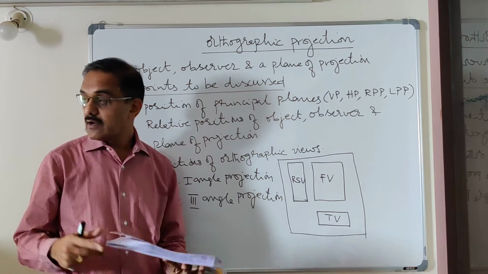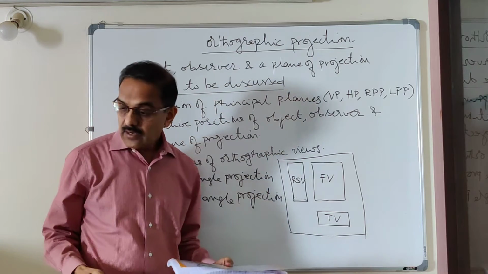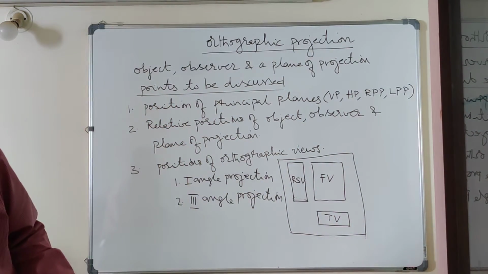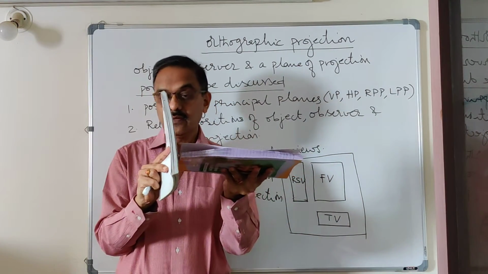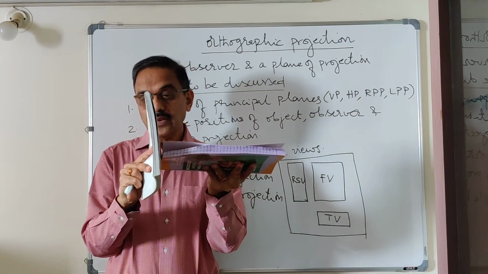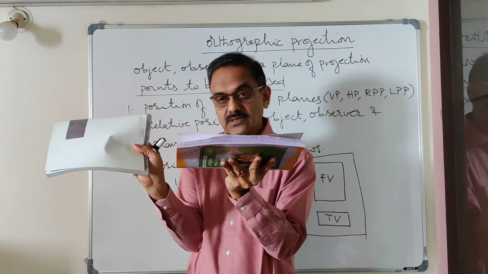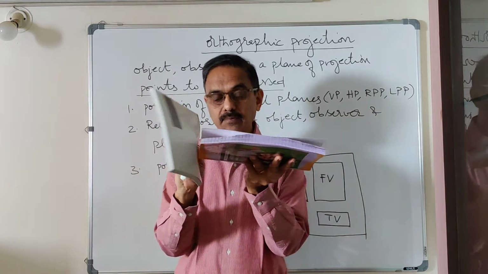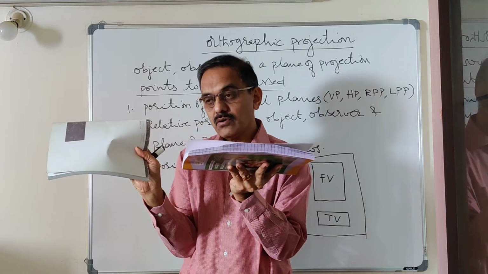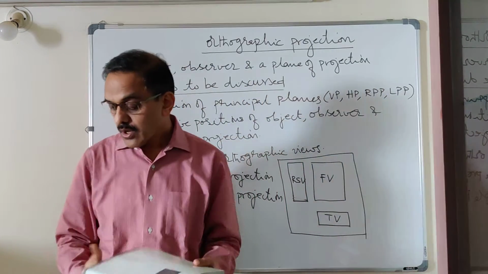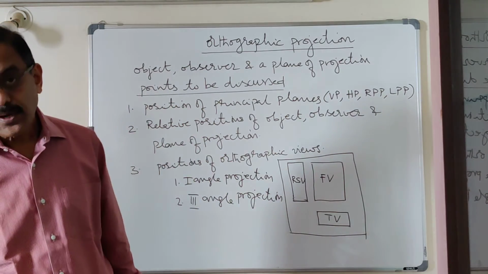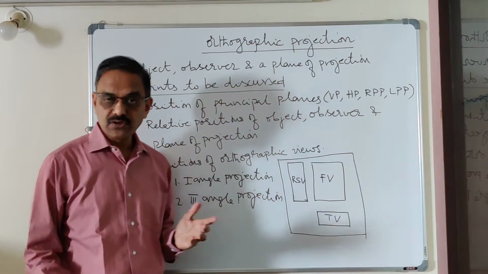Similarly, where was the right side view? The right side view was there on the left wall. Okay. Let us say this wall is like this. The left wall is here and you are rotating the left wall by 90 degrees like this. When the wall is rotated by 90 degrees, where does it go? It goes to the left side. Okay. So now you have brought all the three planes into a single plane by rotation.